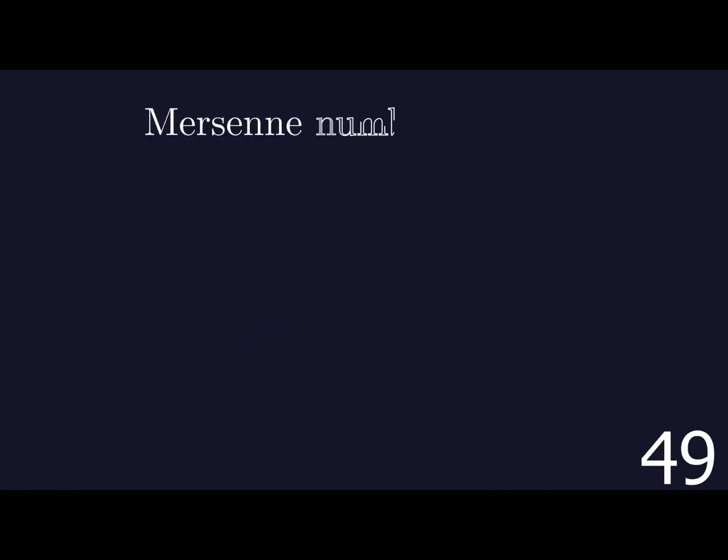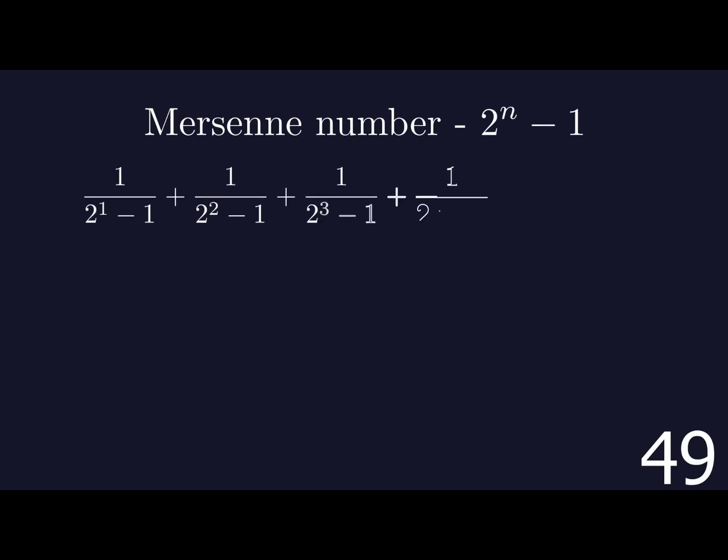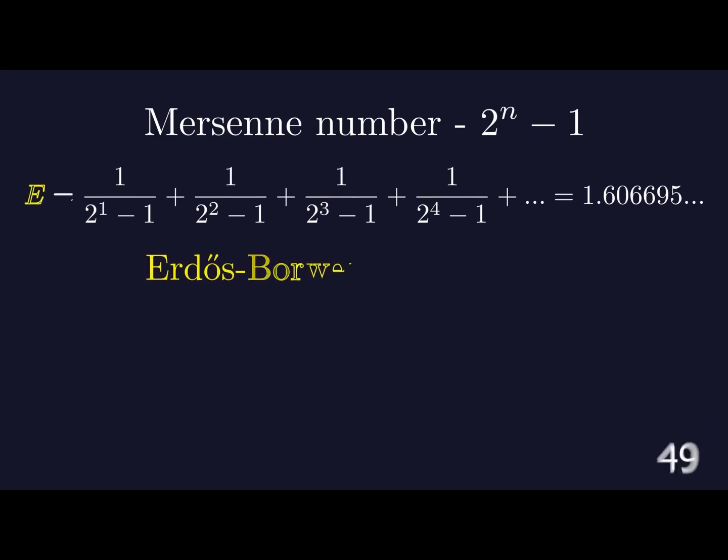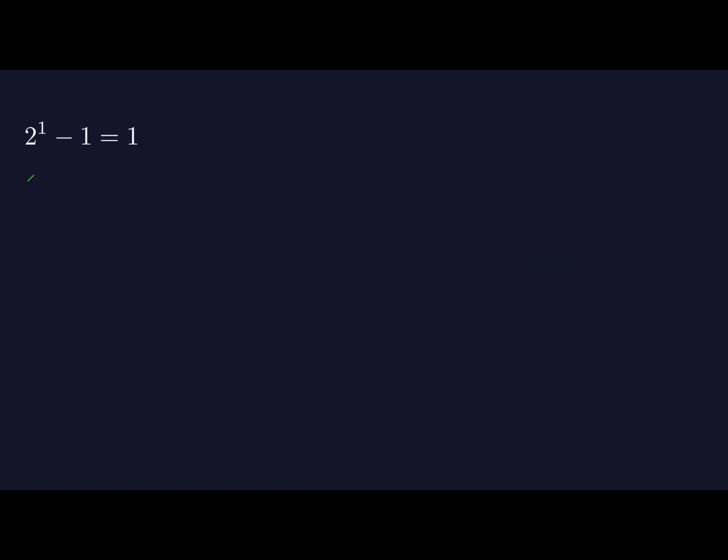A Mersenne number is a number of the form 2 to the power of n minus 1. The sum of the reciprocals of all Mersenne numbers is approximately 1.6 and is known as the Erdős-Borwein constant. Mersenne numbers are also used to find very large prime numbers, some with